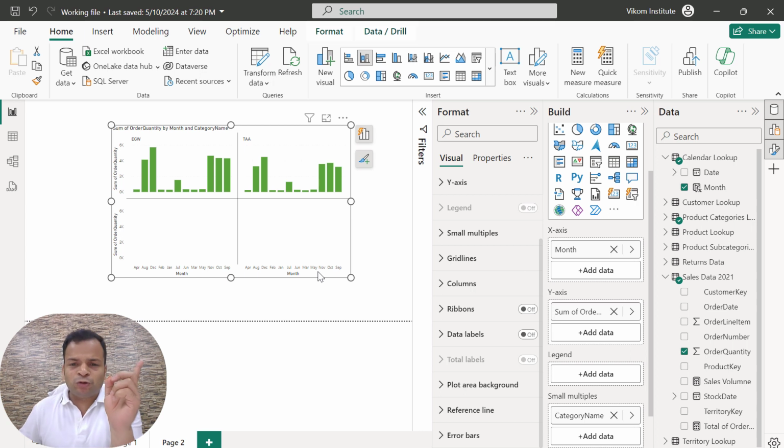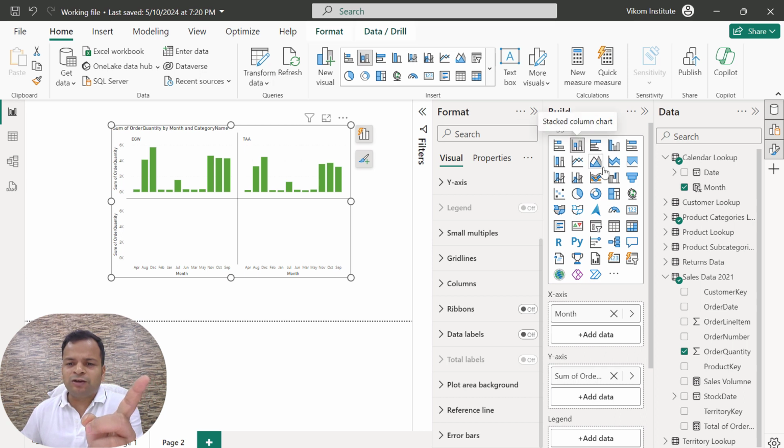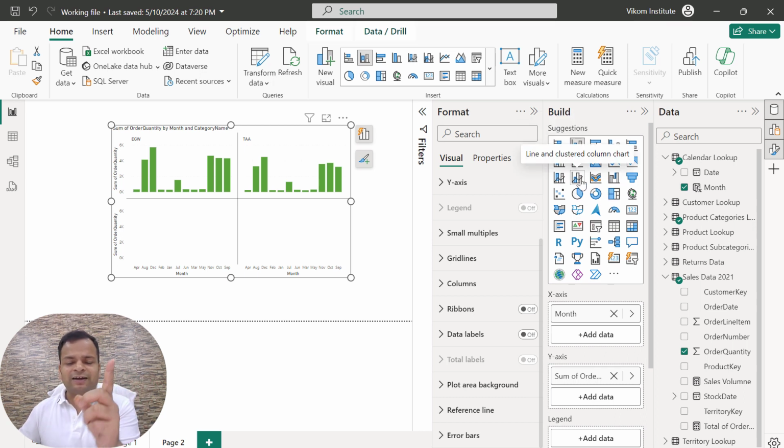Now if you want to add a line to your column chart, then you don't need to use this one, you need to use this one. So this is going to add a column as well as line. So this is a different chart, this is a different chart. Here we will see multiple things. I will cover this chart in next video, but here I am going to see only the 5 things.